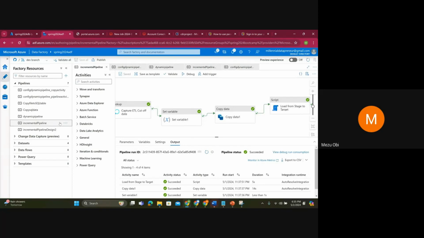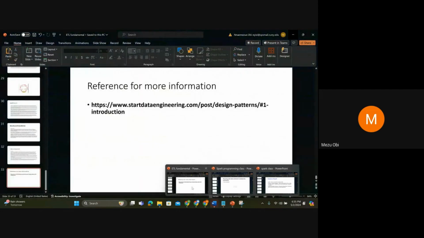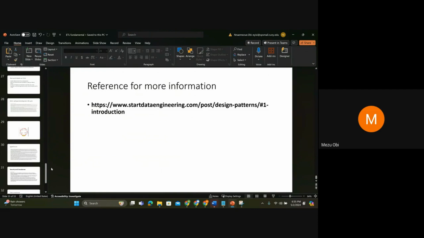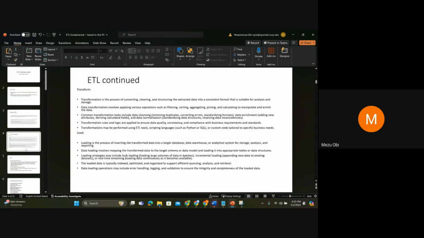So today, I just want to have a recap of incremental pipeline design in Data Factory. So let's go over the theory. The theory is like this. For incremental pipeline design,